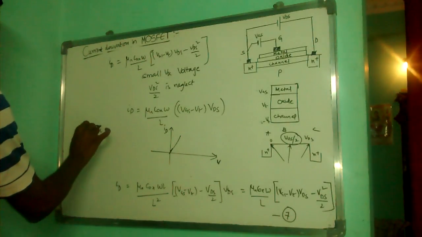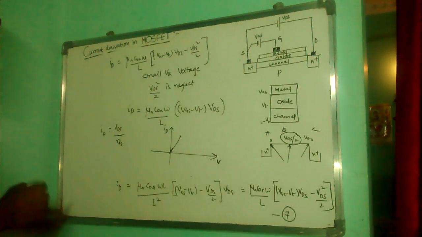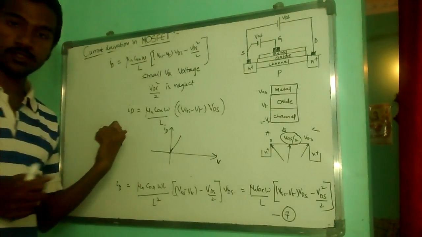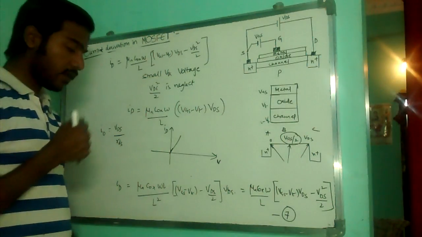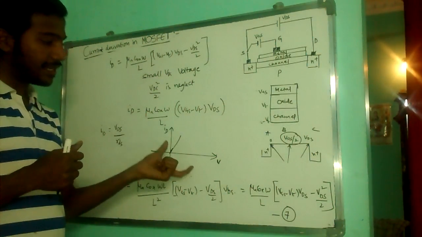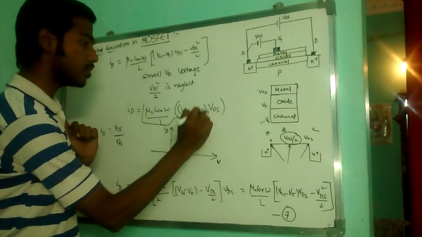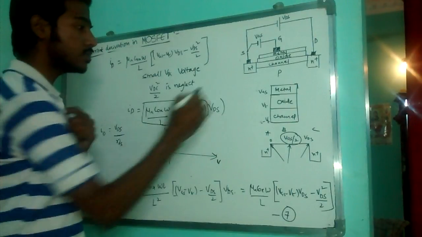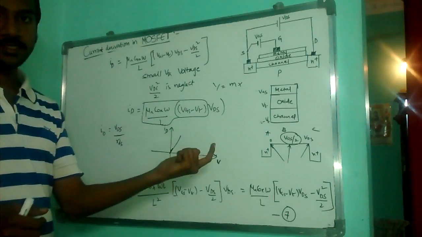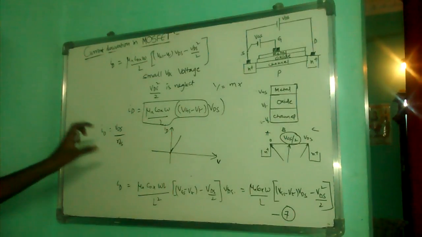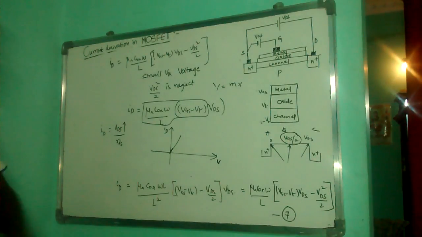As we all know, I equal to VDS by RDS, the drain to source voltage divided by the drain to source resistance. Initially, in the linear region, this part is all constant and the variable is VDS, so this is in the form of y equal to mx, and it is a linear graph up to some extent. Now if we start increasing VDS, then what happens is